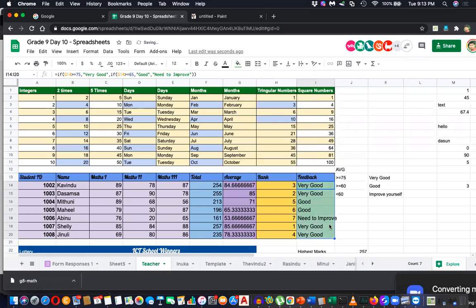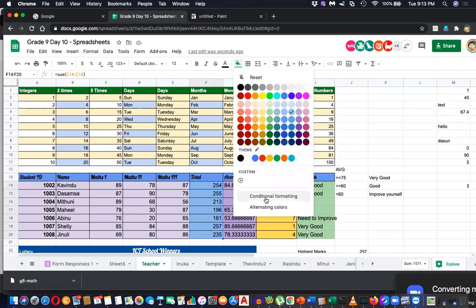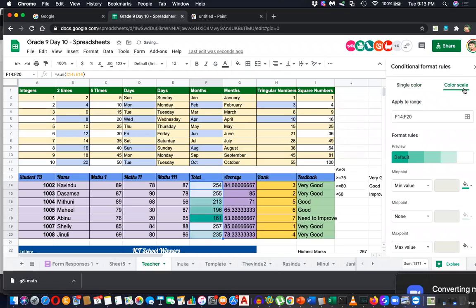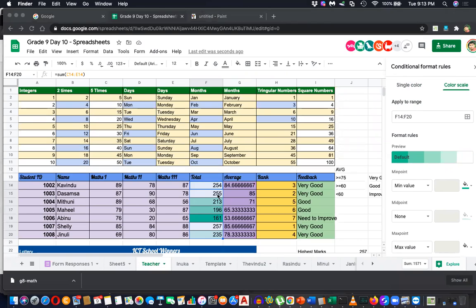Or you can fill color like this. You can fill a range with colors that change according to the average. The largest one will give a different value. Just select, first you have to select this, then go to fill color, then go to the conditional formatting, and from there you can go to color scale, right? You can see the least value will get green color, the highest will get light color, or you can change